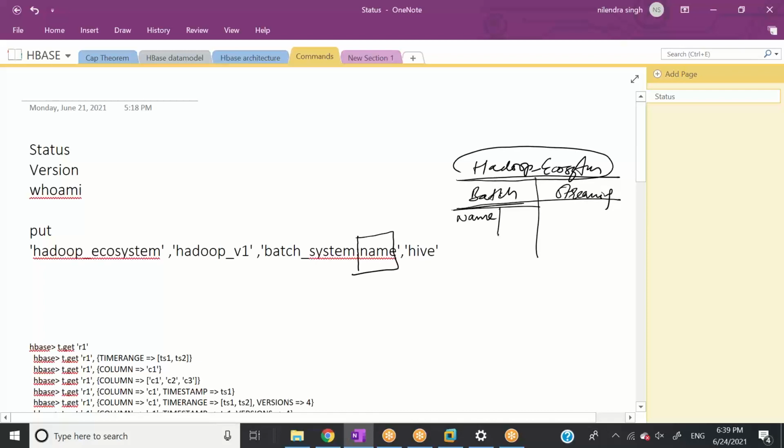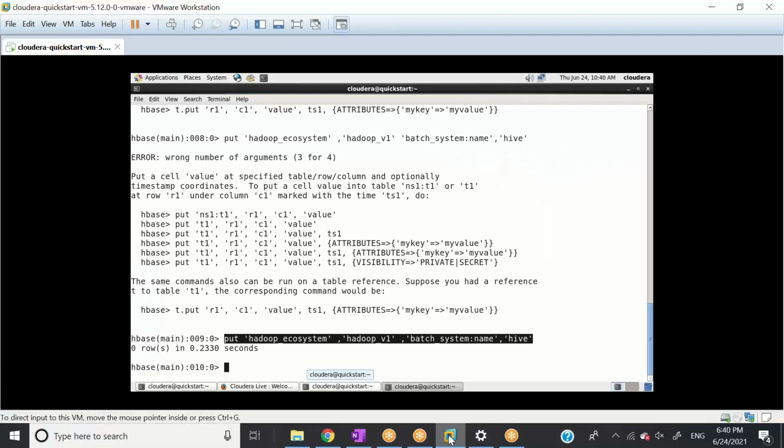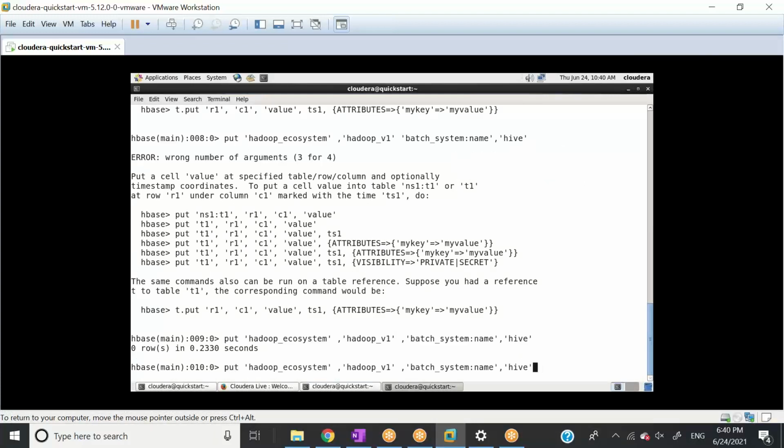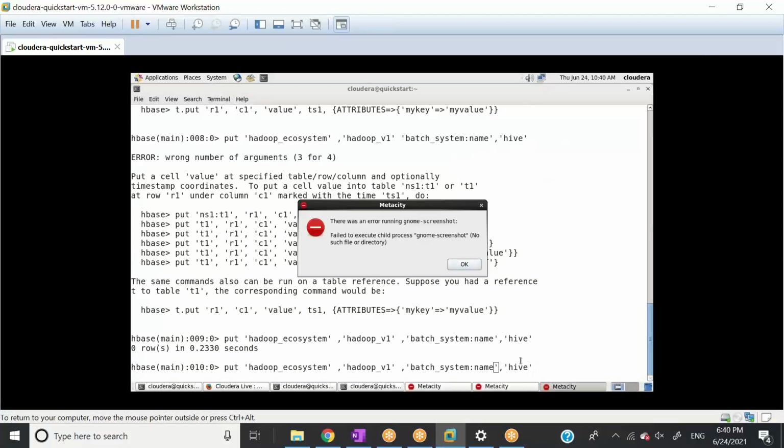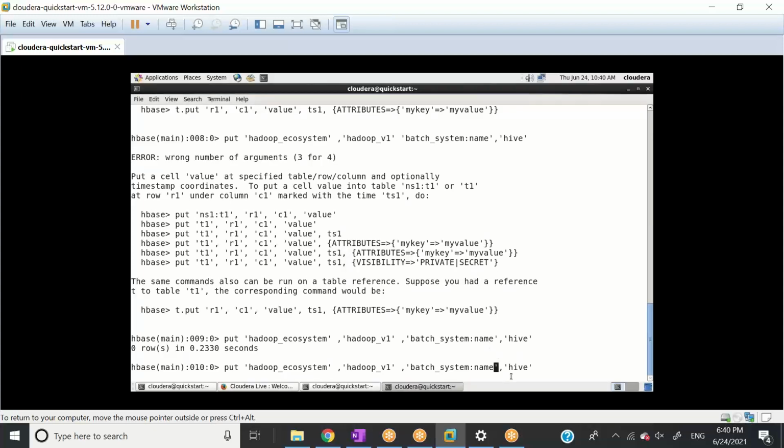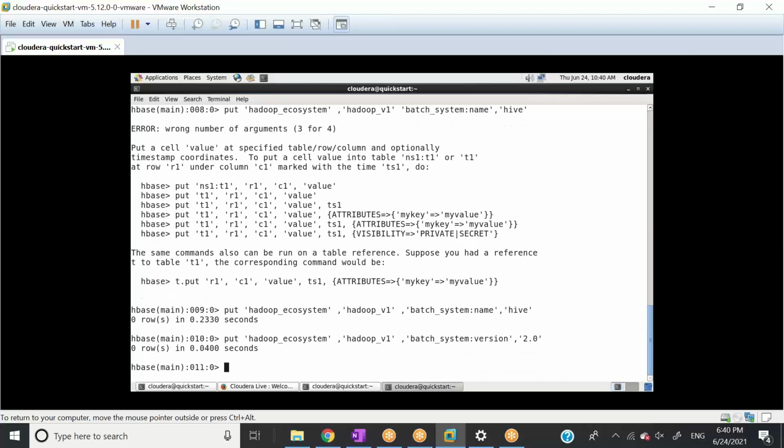And I can add one more column here. Let's say I want to add one more column here. I will say version. Version of what? Hive. So let's say the version is 2.0. So let's say at runtime, I'm adding the columns here.